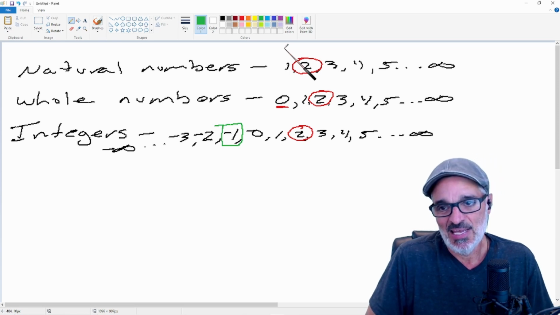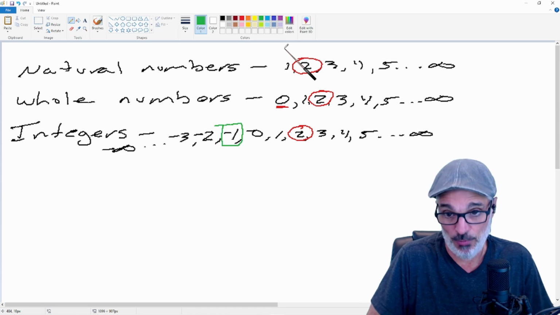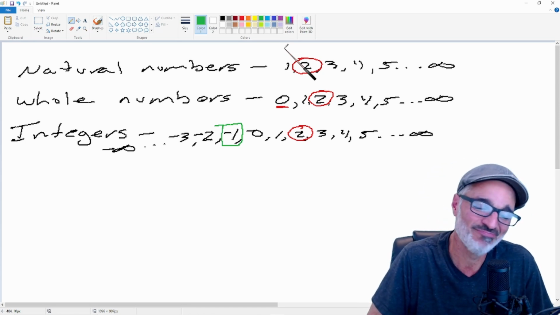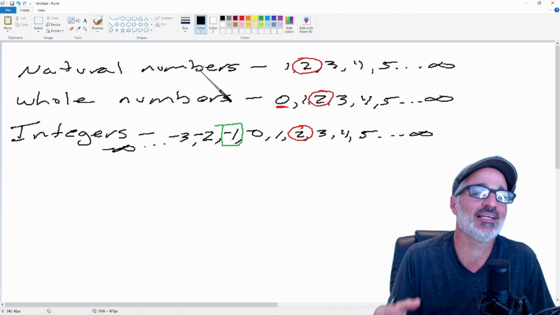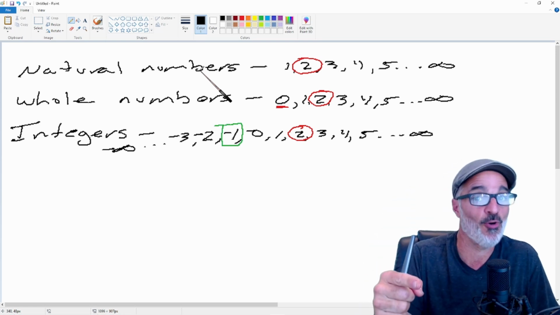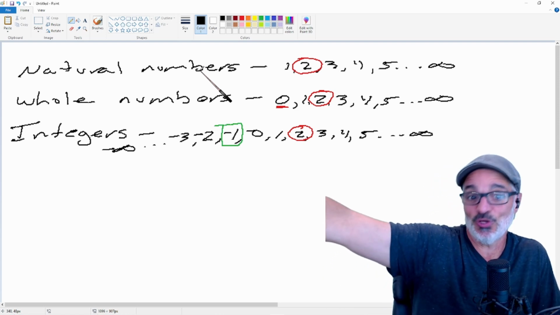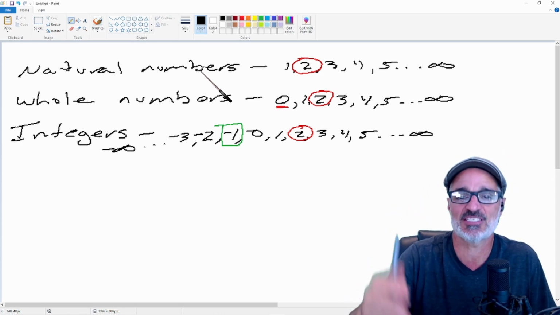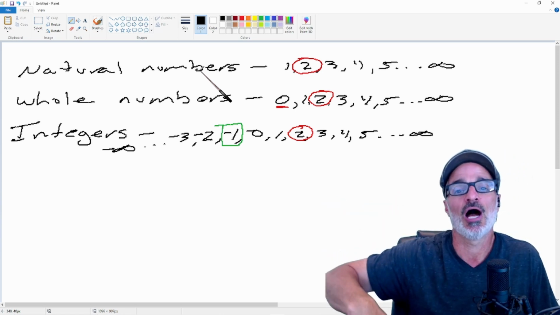Now, here's the thing. The guy that had no apples, and that now owed one apple, was so sad that one of the members of the group said, you know, bro, I really feel you. And I hate that you don't have anything. So I'm going to give you one apple so that you pay that apple that you owe, right? And you leave the integers group and now you go to the whole numbers group because you'll have zero, but I'm going to give you half an apple so that you have something. So I'm going to take one of my apples and I'm going to cut it in half and I'm going to give you half an apple.